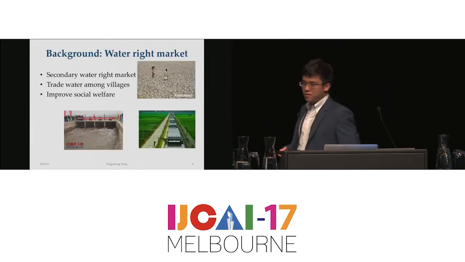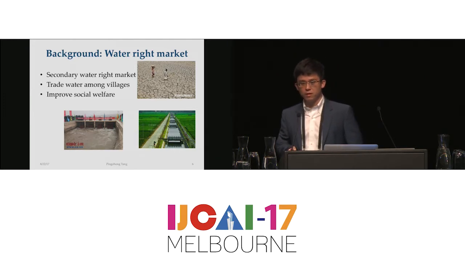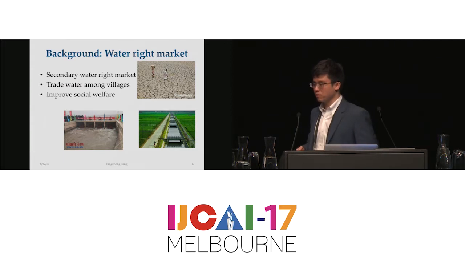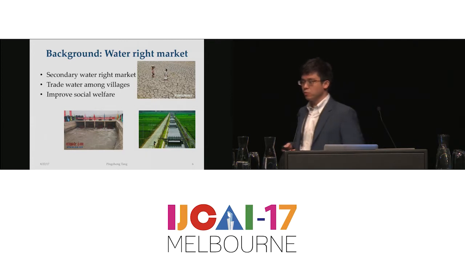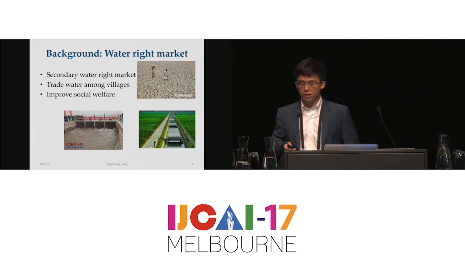So now we're going to apply this model to our problem. Before we apply this model, we want to introduce the problem domain a little bit. So what is the water right market? In the west of China, which is a very dry, arid area, pretty much the same as the west of Australia here,